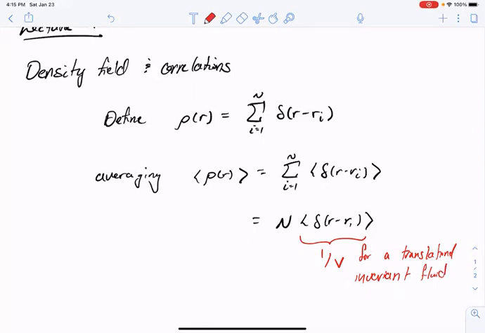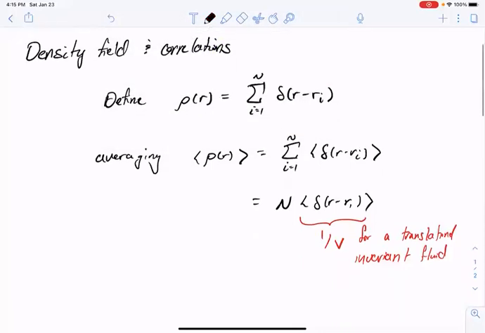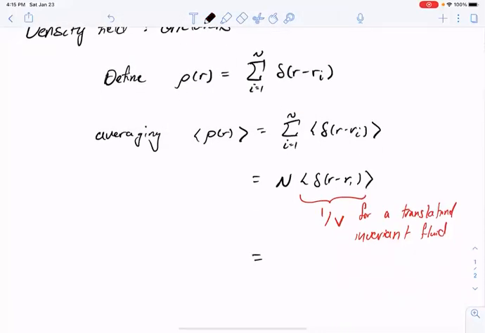Again, we assume that all points are equally likely, so that the probability of finding the particle at any particular point is just 1 over that volume. A really fancy way of saying that is that the fluid has translational invariance. Therefore, N times 1 over V is what we usually mean macroscopically by the density. In this case, we'll denote that specific density, the bulk number density of the fluid,